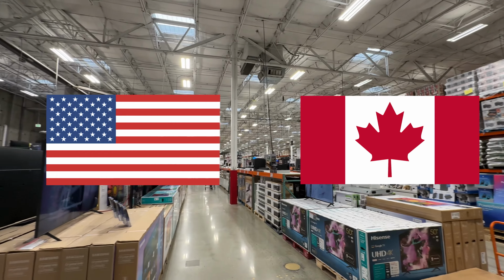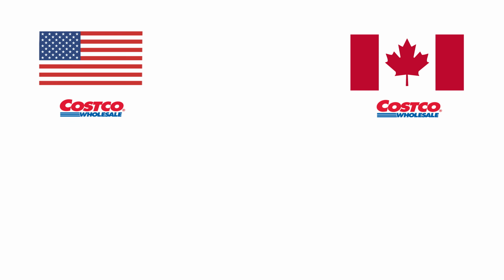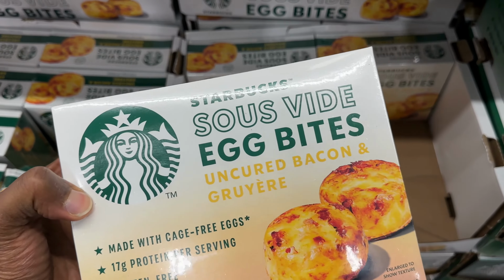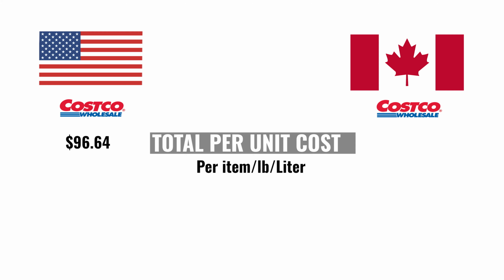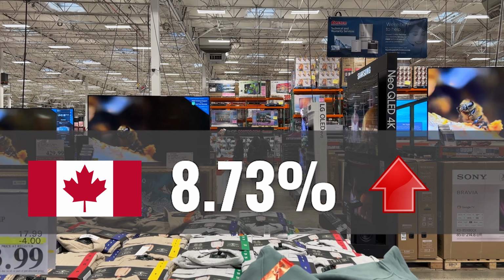But let's calculate the total per unit cost for both countries. When you tally up the total per unit cost, whether that's per item, per pound, or per liter, you would get a total per unit cost of $96.64 for all of the items we selected at the Costco USA we visited. When you make the same calculation for the Costco Canada we visited, you get $105.08 per unit. This represents an 8.73% higher cost in Canada on a per unit basis for the basket of